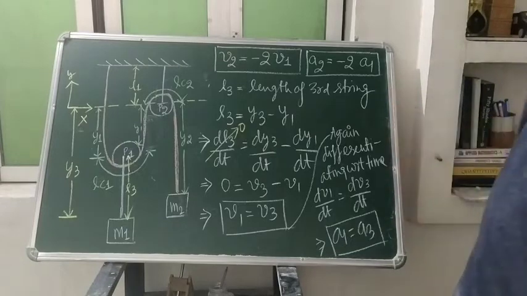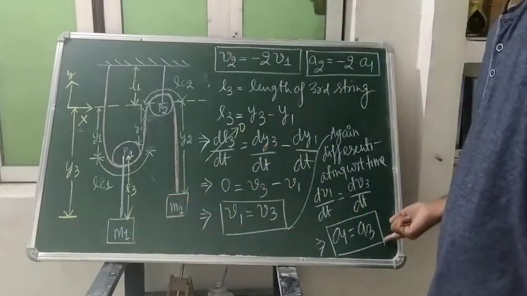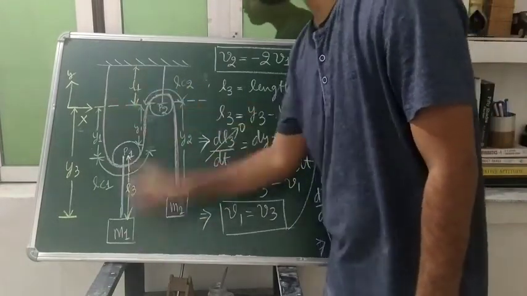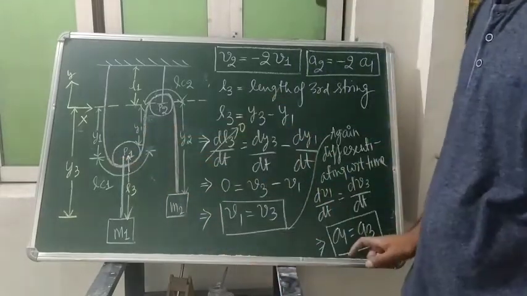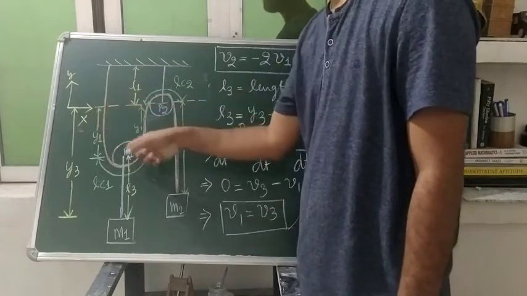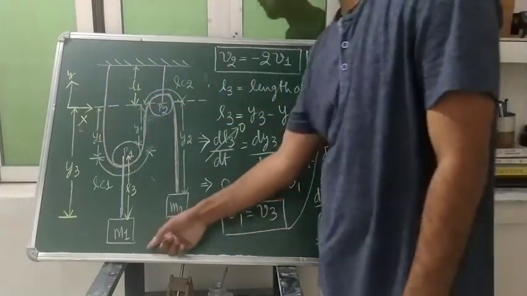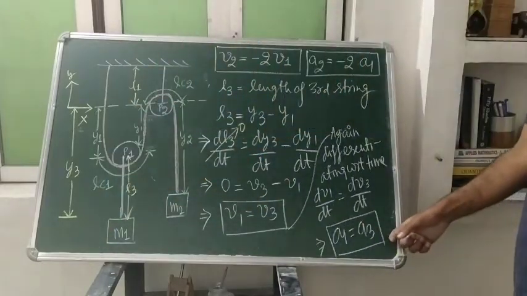The meaning is that whatever the acceleration of this block M1, A3 will represent the acceleration of this block. The same acceleration will be that of this pulley. Whatever the acceleration of this pulley P1 or this Y1 string, since it is attached to the pulley P1, the same will be the acceleration of this block, that is A3, we are saying, present at the distance of Y3.